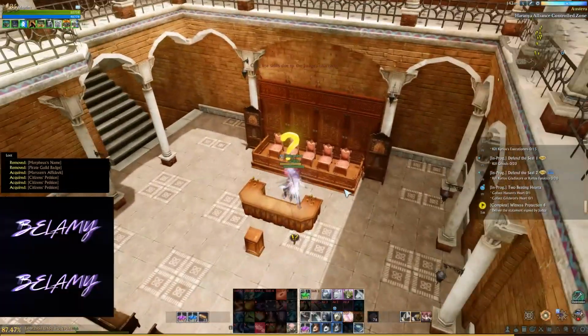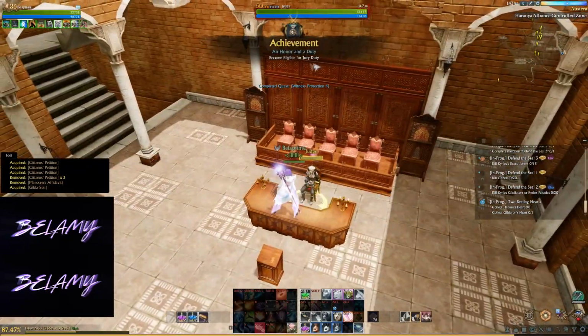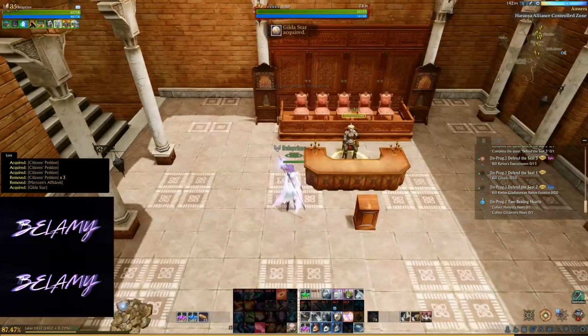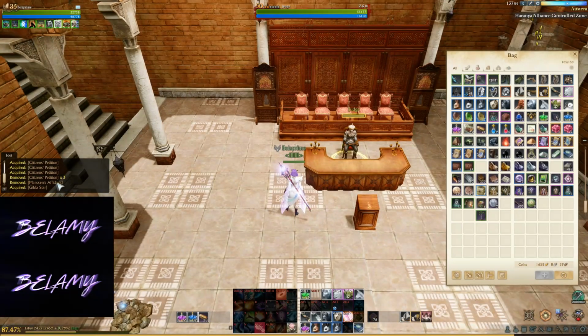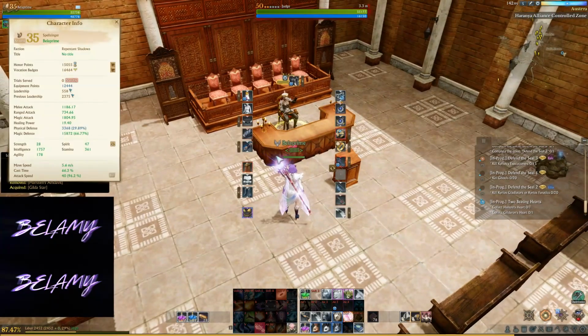Alright, Mr. Judge. Alright, so that's it. Witness Protection 4. Become eligible for a jury. I got an achievement for that and a Gilder Star, which is nice. Yep. No other rewards, but you should notice when you open up your character sheet, it'll say trials served and you'll be in standby, and you can mouse over this to see how many people are in queue before you